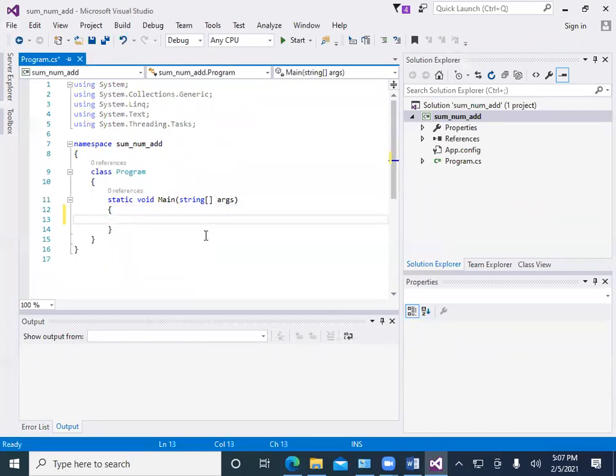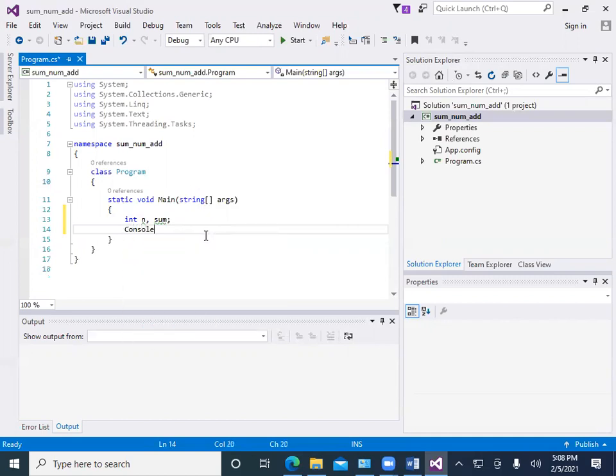So here we first define some variables: integer n and sum. Integer n is used to take the limit from the user. So first we get the number from the user.